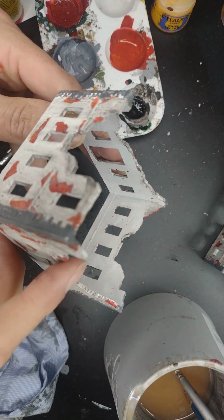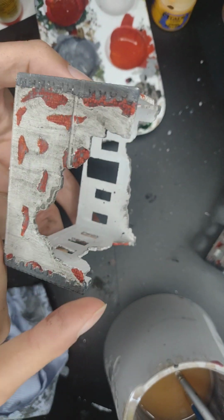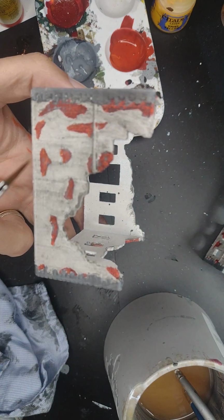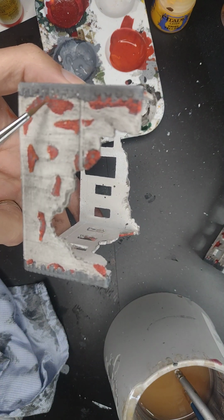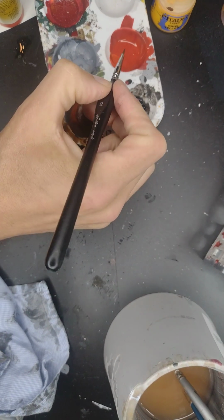Now this is what a finished model looks like after it's dried. That's what it looks like. It looks quite dirty right now, and what I want to do is point out some of these brick masonry areas, because that's where it will really pop. So I'm using the same color again,